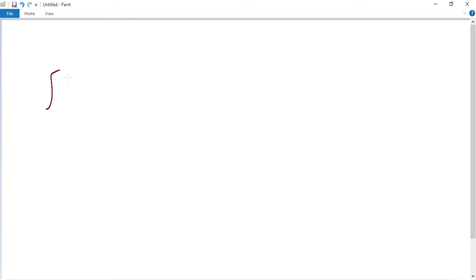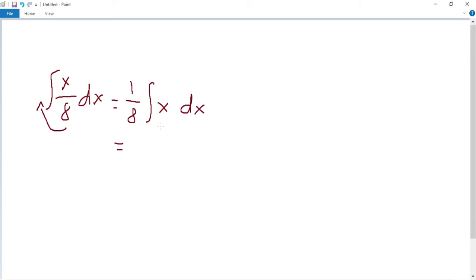Another example is x over 8. First, you put the 8 outside, so this is going to be the same as 1 over 8. There's always a 1 on x, so this is going to be 1 over 8 times x to the 1, and then we multiply by 1 over 8, so it's going to become